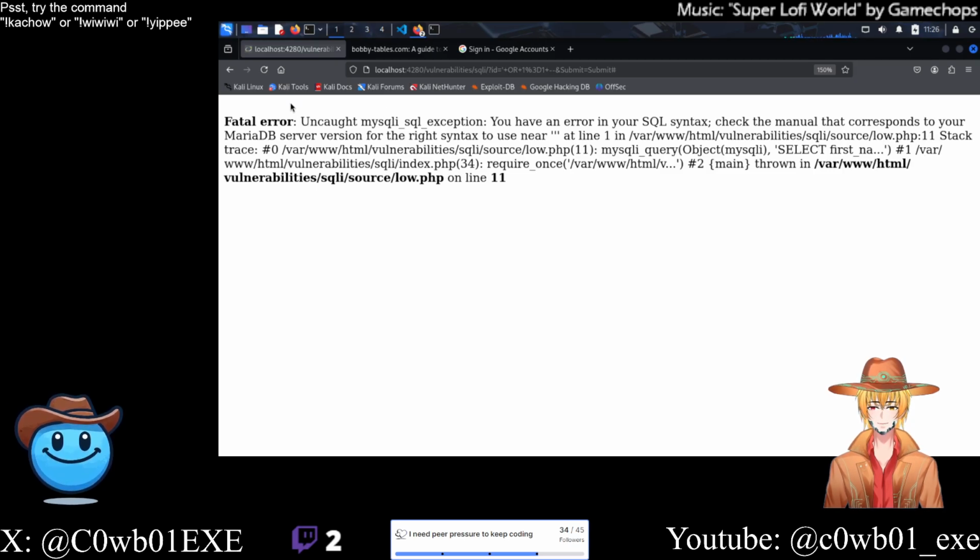Okay, so we're getting some feedback. Uncaught MySQLi SQL exception. We found an error. MariaDB server version for the right syntax near the use of. Ooh. Looks like we might be actually doing the right injection. So we can see that the query